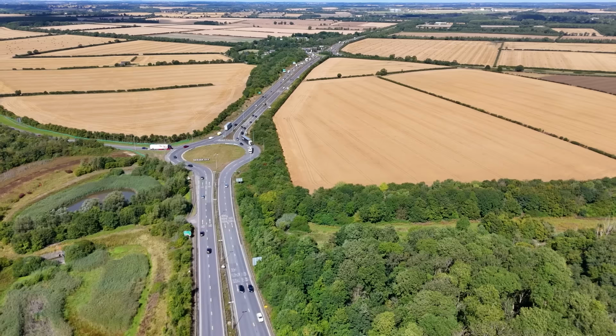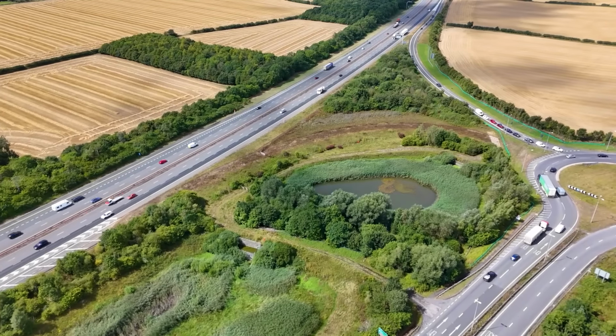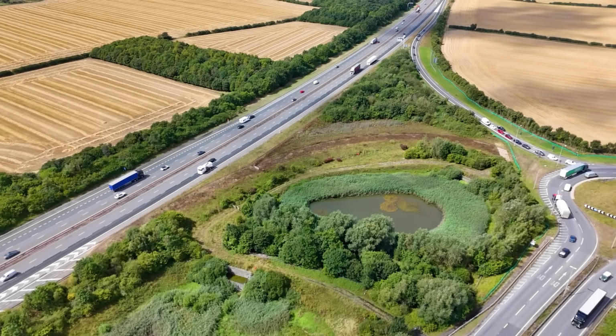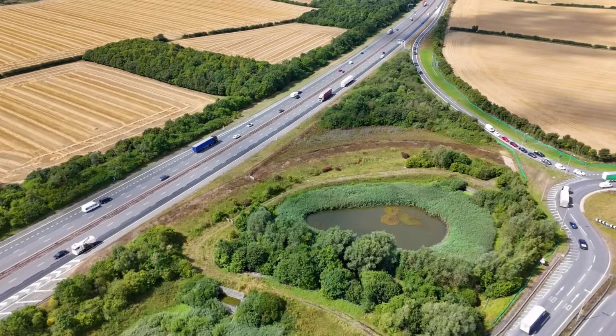There's also no solution to the traffic backing up onto the motorway because this is actually the result of the junction layout rather than excessive traffic numbers. But we're not done yet. Oh no, there's more f***witchery going on, which brings us up to the present day, and the 2024 solution to this junction's issues